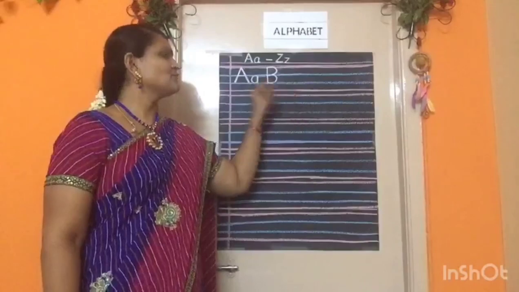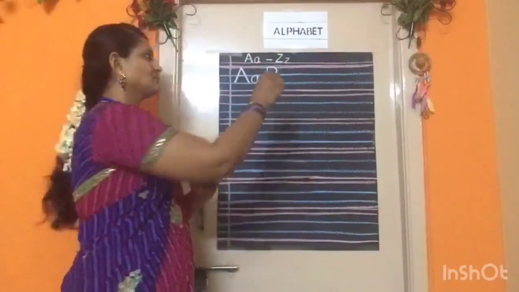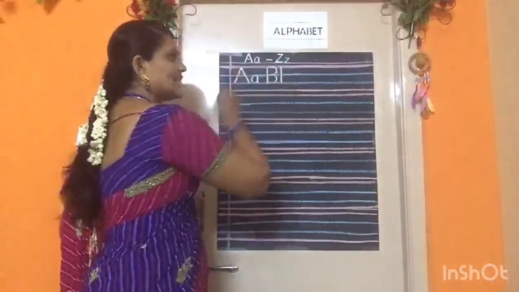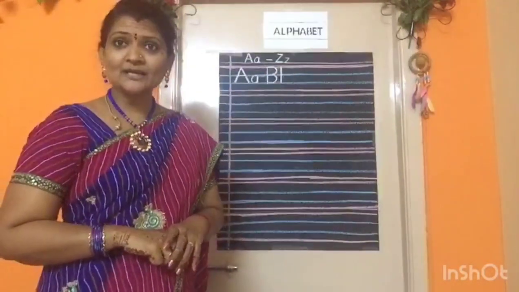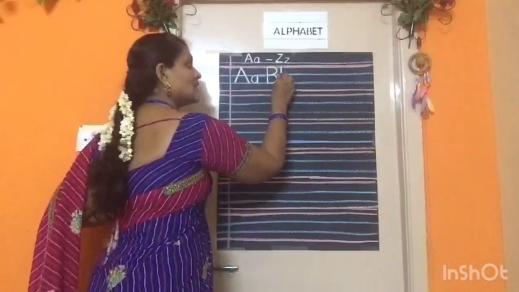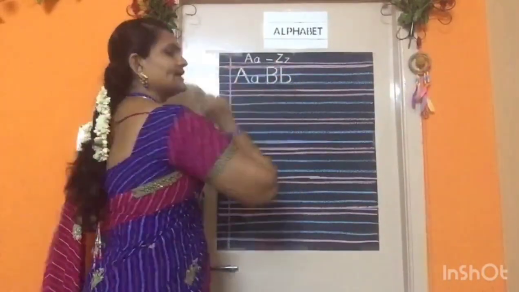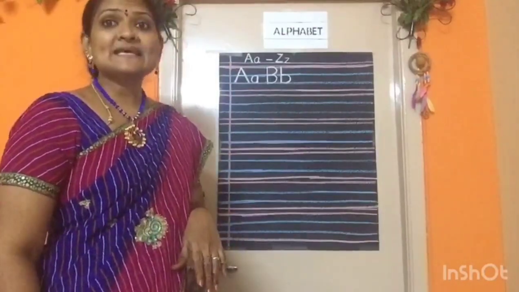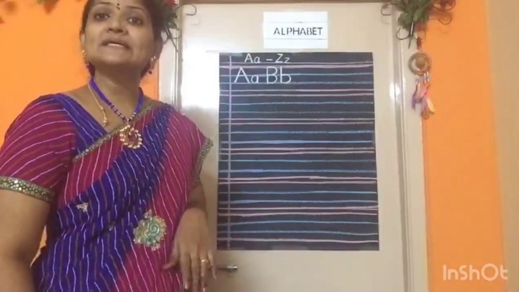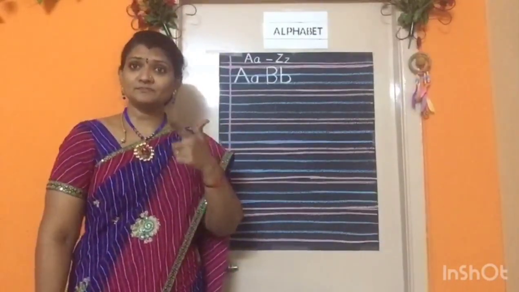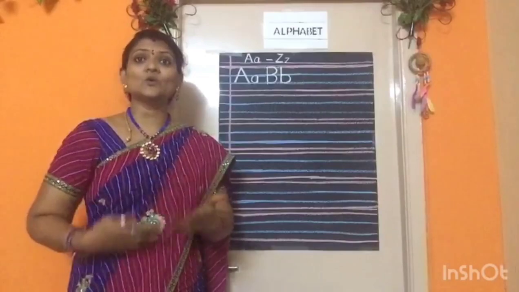Small b. What you have to write? Small b. Now no need of giving finger space. Standing line from pink line to blue line. Here the right curve should start from blue line and again end at the blue line. Two blue lines. Small b. B says B. B says B. B for... like this you can go on to 10.